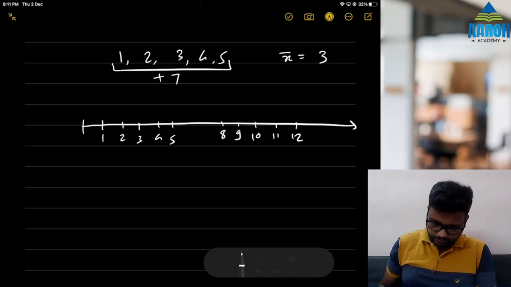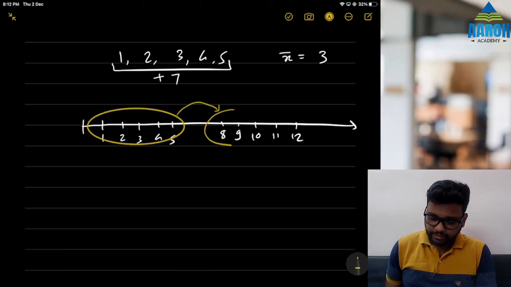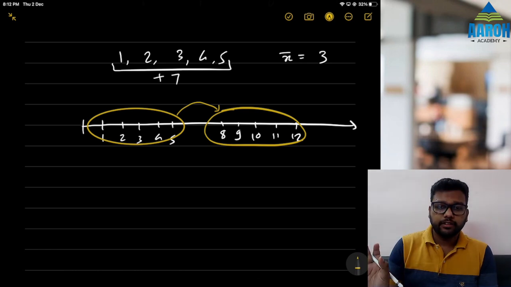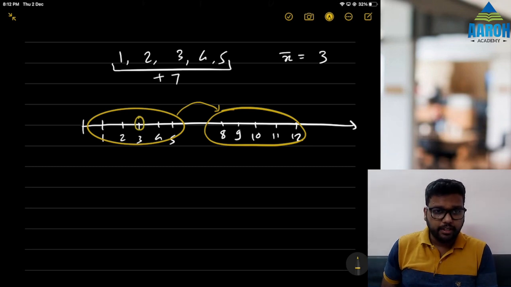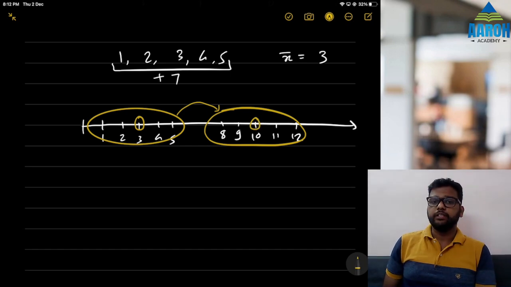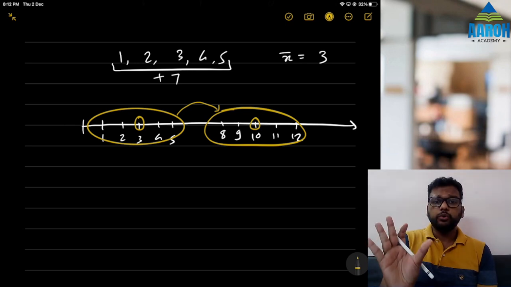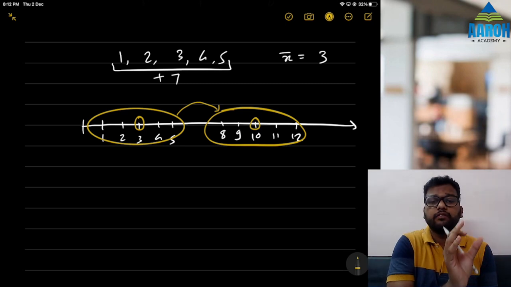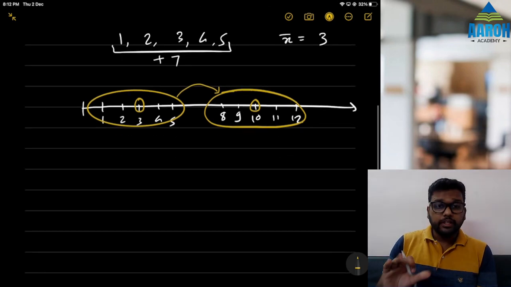So if you observe, this exact shape just shifted here, that's it. We have not done anything else, we have just shifted that shape to the right, and that means the mean, the midpoint of 3, was also shifted to the right, to 10, right? This concept is called shift of origin or change of origin. Change of origin means to take the values from one place to another while maintaining their shape. Remember it like this.